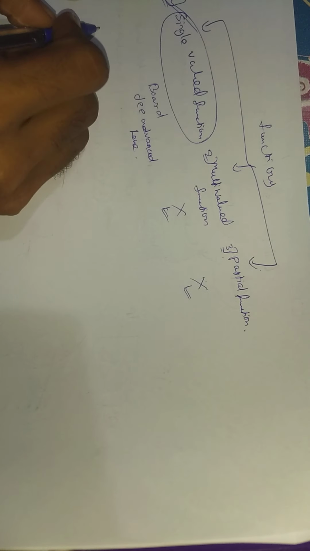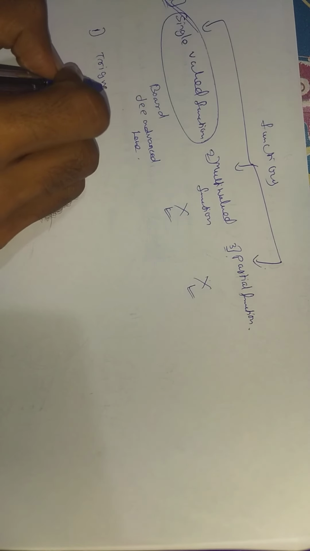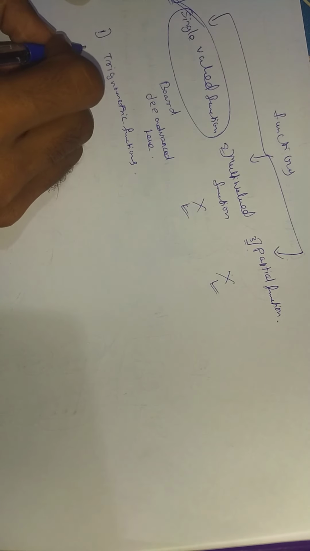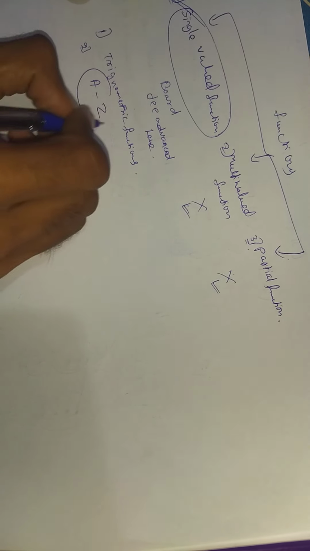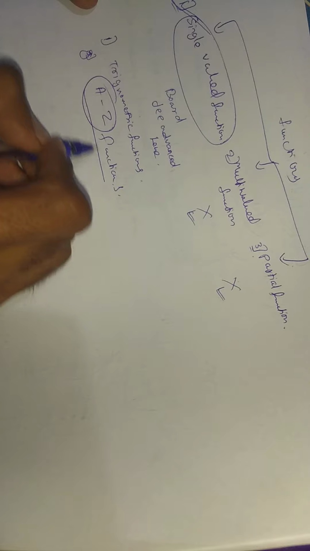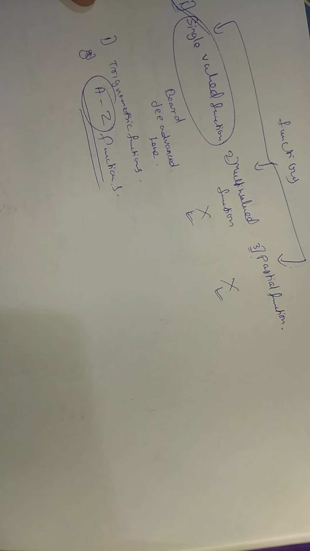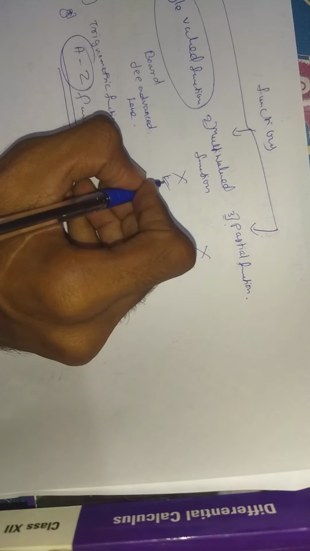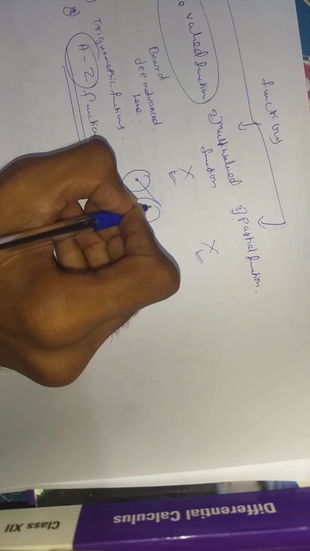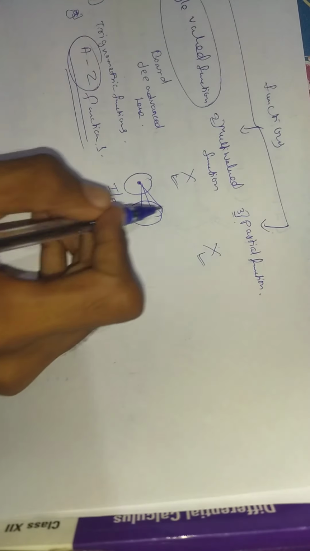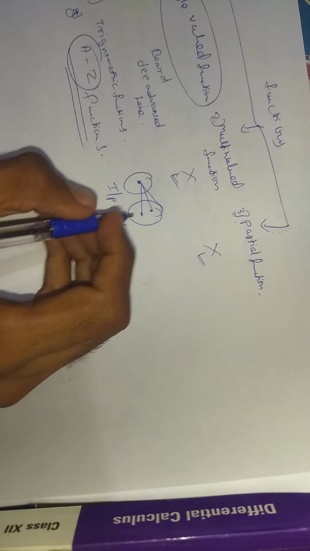About single valued functions, there are so many, trigonometric functions and A to Z functions will come. Under that I will discuss several single valued functions. Before going to single valued functions, I will talk something about multi-valued functions. What is a multi-valued function? For example, for one input we will get two outputs. That is, for one input we are getting multiple outputs. That is why these types of functions are known as multi-valued functions.